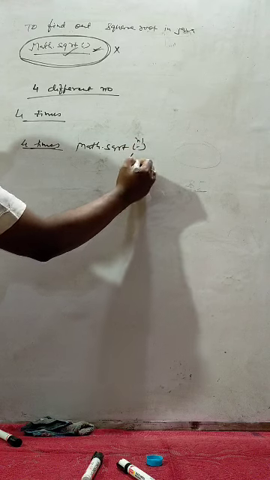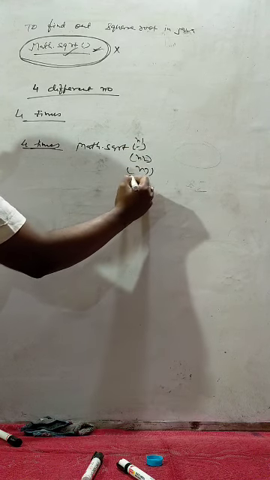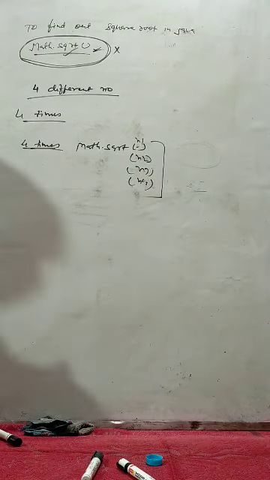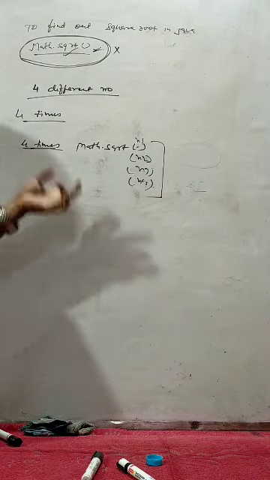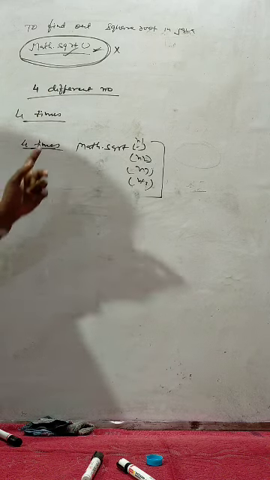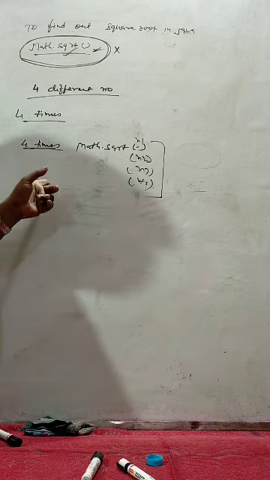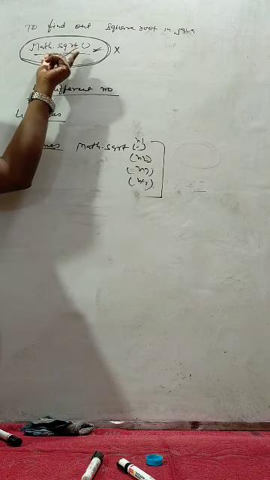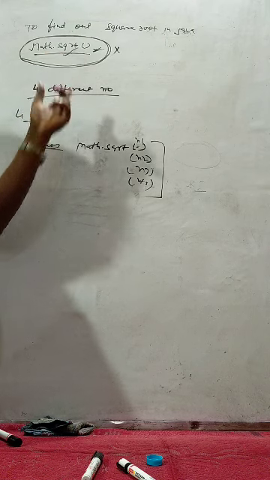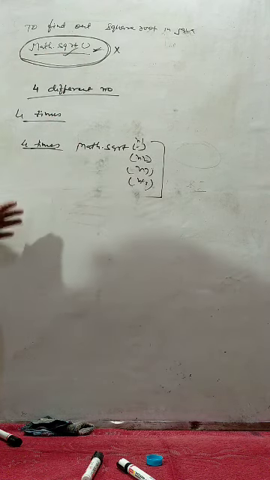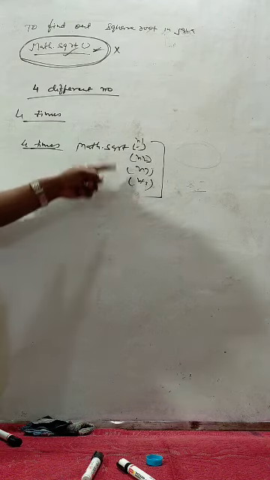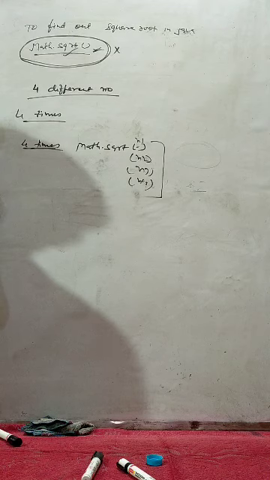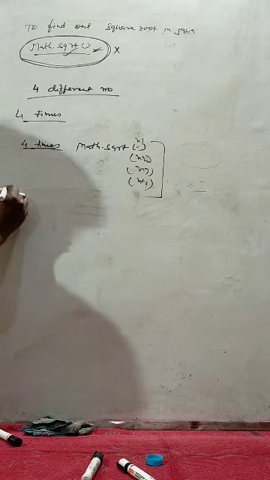Math.sqrt. Number 1, again number 2, again number 3, number 4. This way, in 4 lines only, we can find the square root of 4 different numbers. But it is possible only when we have the facility of math.sqrt. If we don't have the facility in Java, then we have to write the program to find out the square root 4 times. So see, the first reason to use a method is